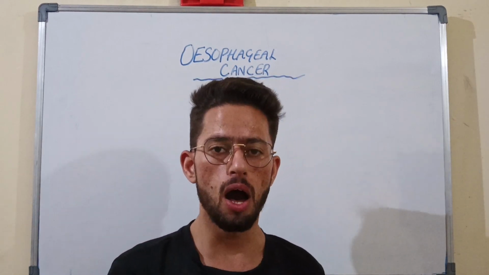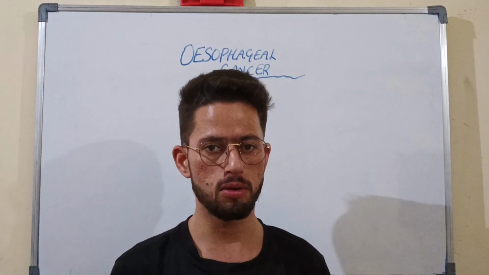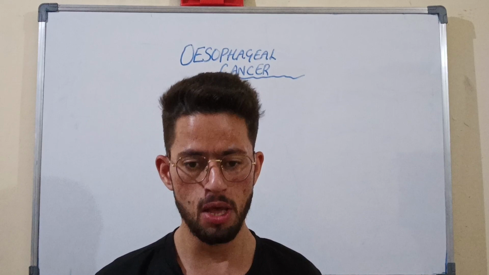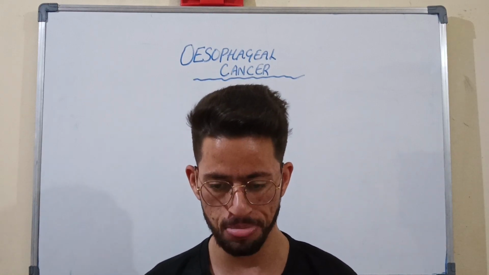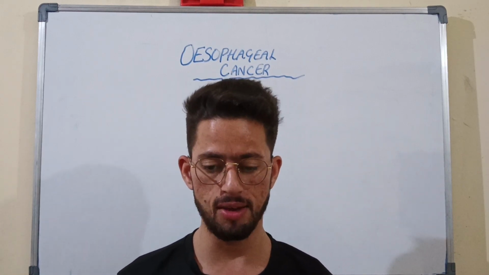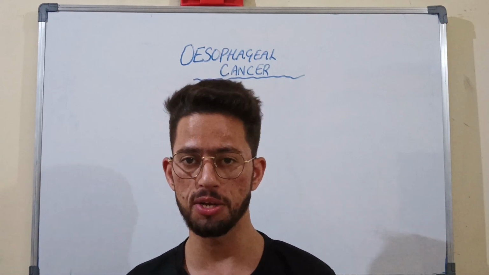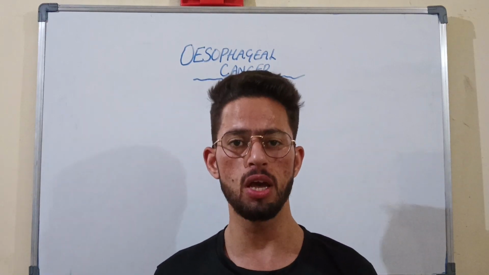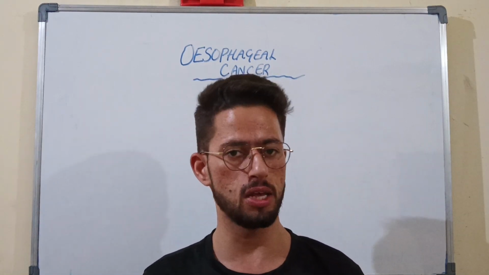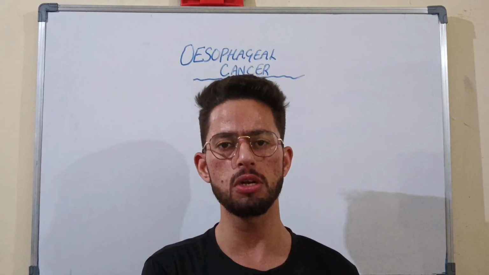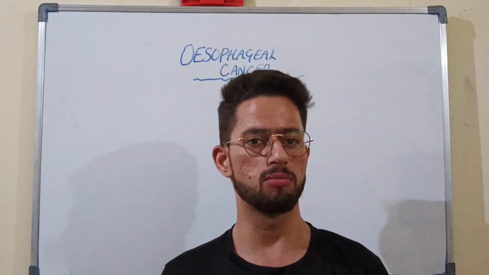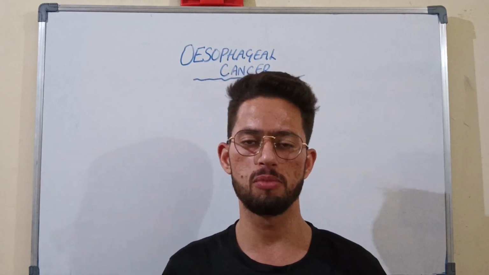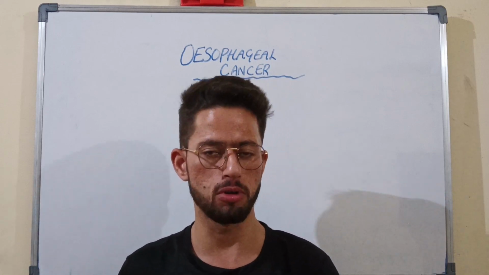Now the last one is how we can prevent and control. You can prevent post-disease complications by giving health assurance to the patient, by taking medications on time, and by advising them to quit smoking and alcohol and not to consume fast foods, hot foods or hot liquids, which can irritate the esophageal lining. This health advice protects against the occurrence of cancer and prevents complications related to this disease. So this was all about esophageal cancer. I hope you have understood about esophageal cancer.